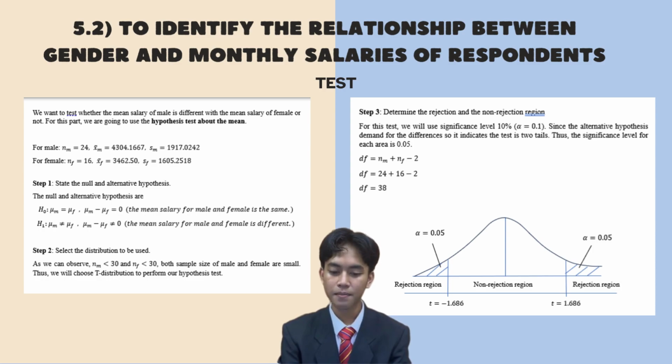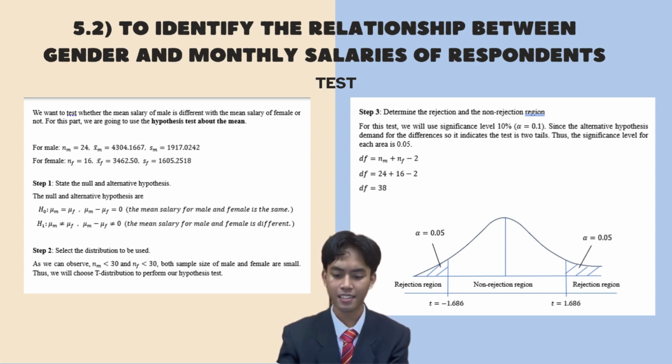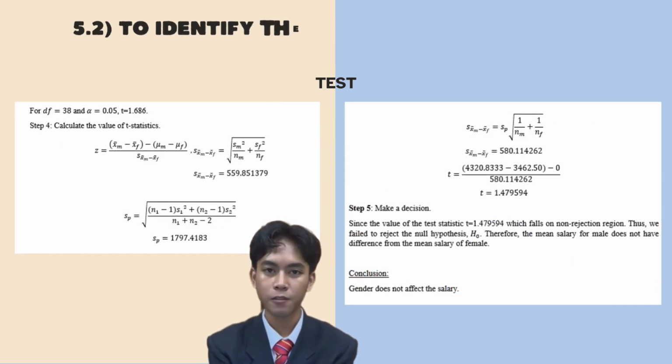The null hypothesis is that the mean salary for male and female is the same, and the alternative hypothesis is that the mean salary for male and female are different. The distribution that we use is the t-distribution because both sample sizes are less than 30. From the calculation, the value of the test statistic we get is